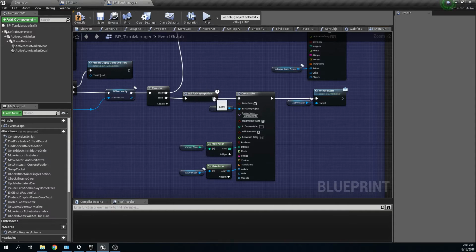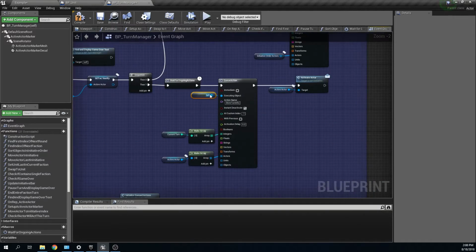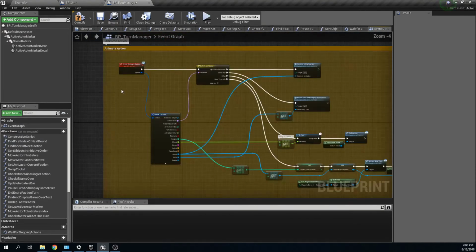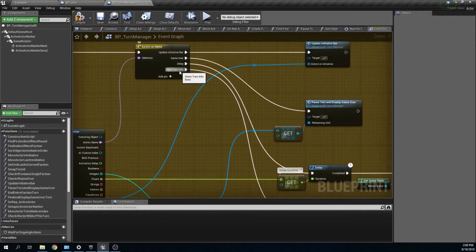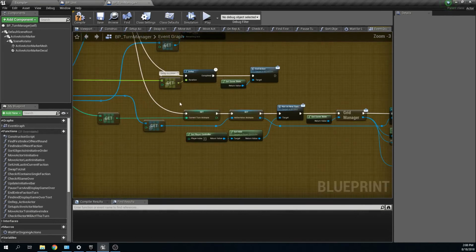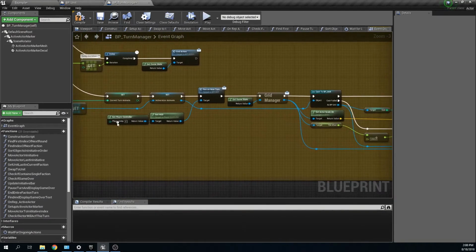After all of the ongoing actions have ended, then we queue a new action. This is the store turn info action, which is also called by self, which means that we can find it up in animate action here. And here we have the store turn info, which calls all of these nodes, and what they do is set,